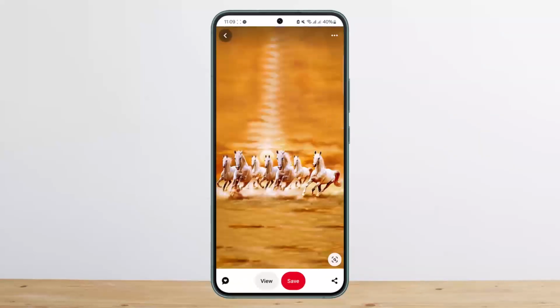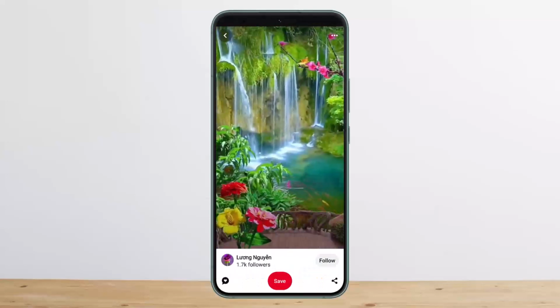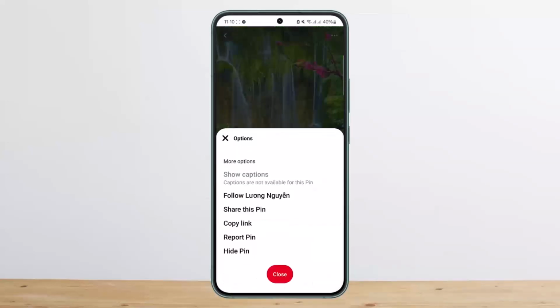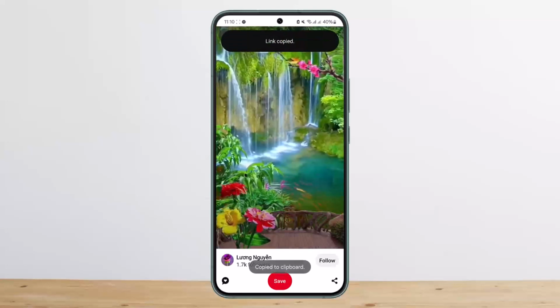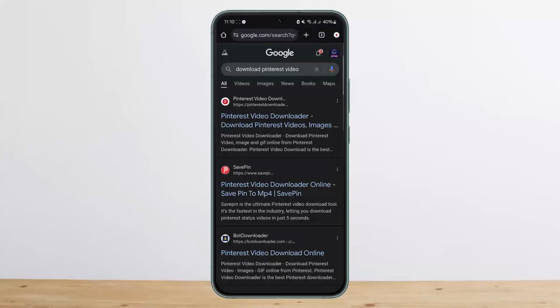But similarly, in case of video, now remember this step, you wanna head over to the video and then tap on the three dots option as well, but there is no option to download. But here what you wanna do is tap on the copy link option and copy the link to the video. Then you wanna head over to your browser, any browser that you wish to,